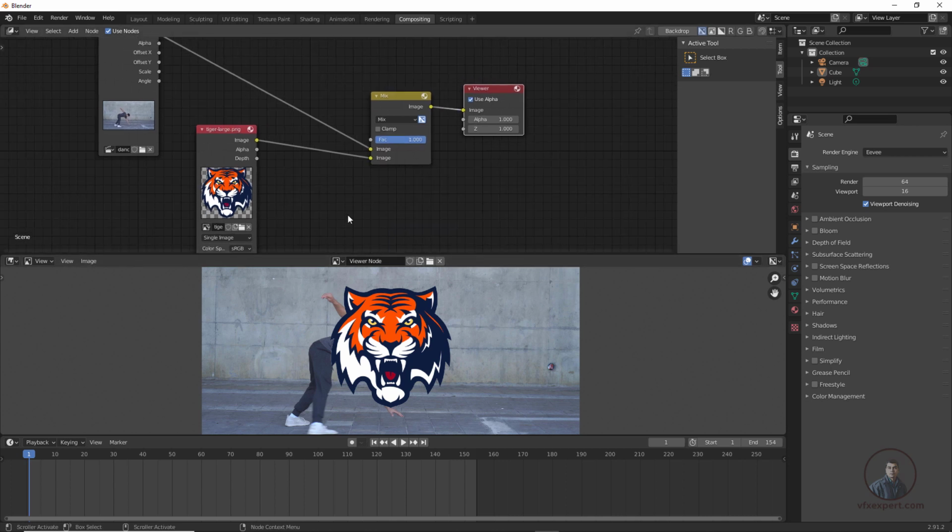Then after this, if you want some blending modes, from this drop down we can use them according to requirements. So maybe overlay or soft light. According to requirement you can take it here, maybe soft light. Even if you want, you can also adjust the transparency of this foreground element with the help of this factor value. This will adjust the transparency or opacity of your foreground element. Remember this one. So just adjust it a little bit here. Now you can see.